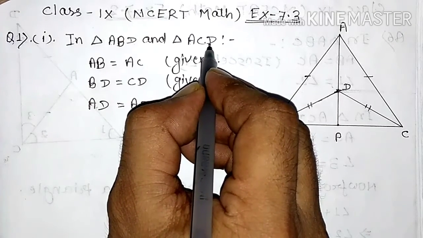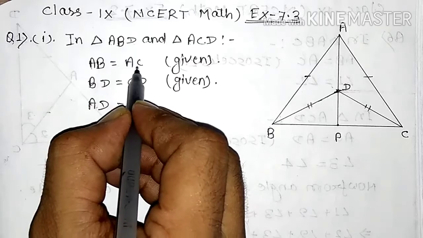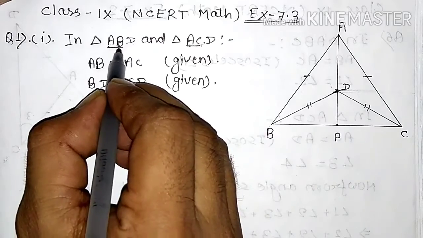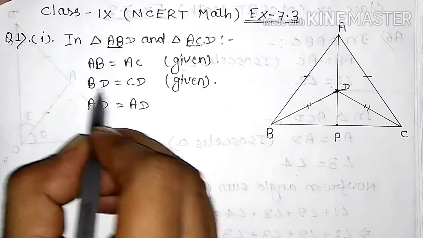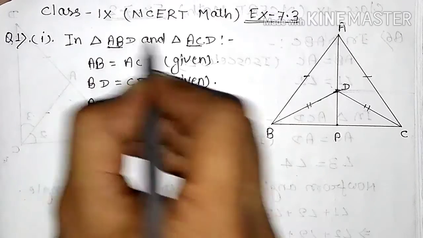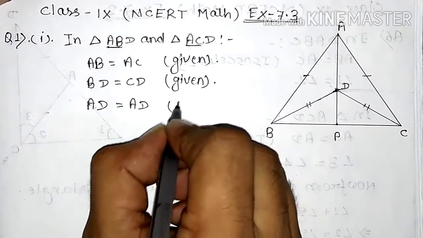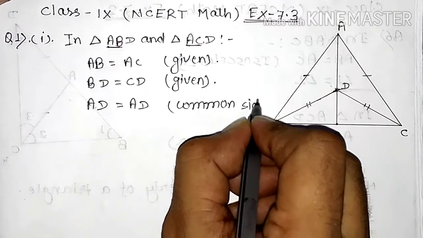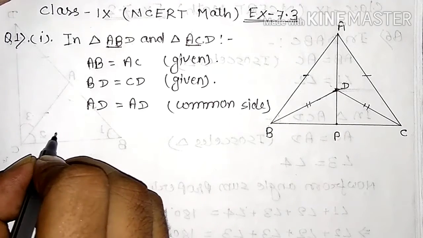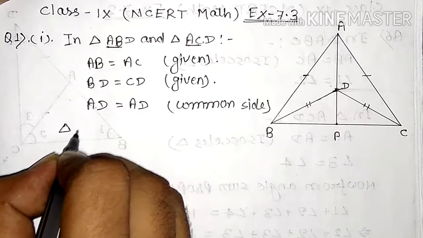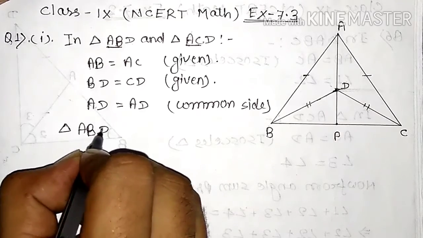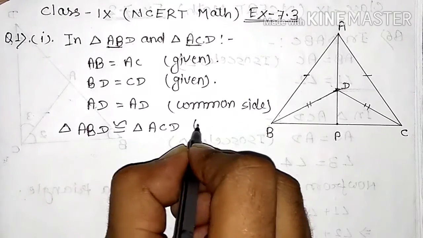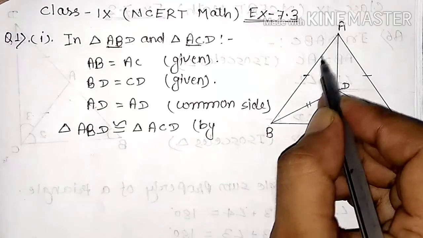हम लोग क्या करते हैं, इस सबको सीक्वेंस में लिखते हैं. यहाँ पे क्या लिखे हैं? AB is equal to AC, BD is equal to CD, and AD is equal to AD. This is common side in both the triangles. So we can say that triangle ABD is congruent to triangle ACD by